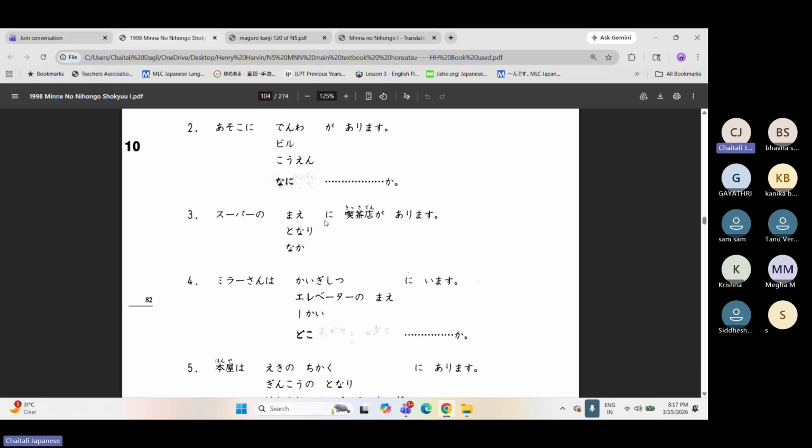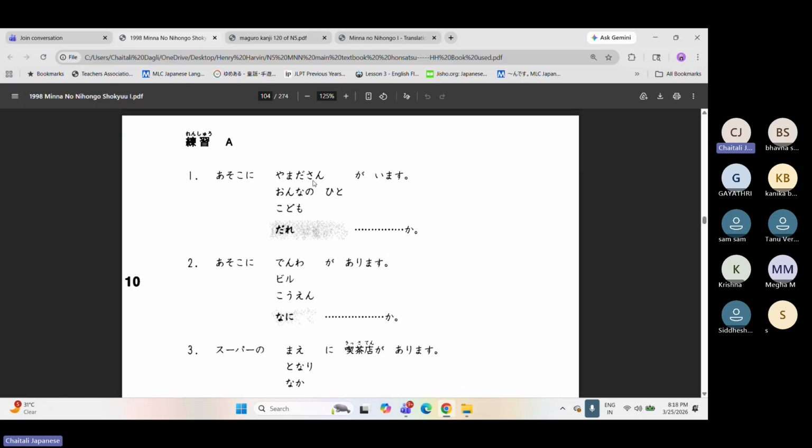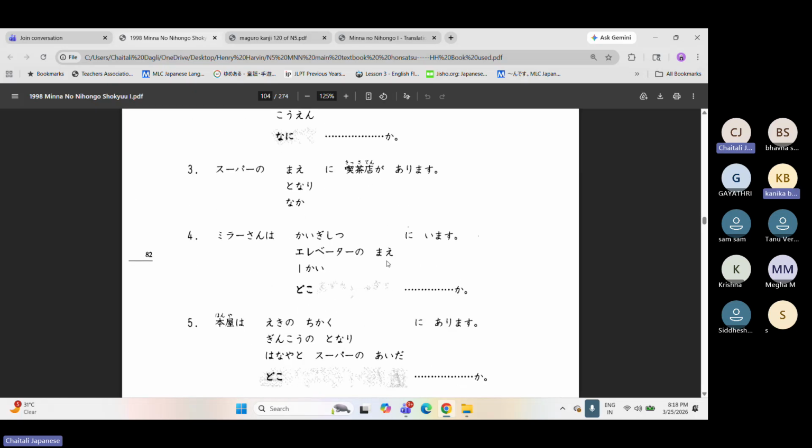Supa no mae ni kissaten ga arimasu. In front of the supermarket, there is a coffee shop. Is a coffee shop a living being or non-living being? Non-living being. So ga arimasu. Okay. But for living beings, we are not going to use particle ga. We are going to use the particle ni standalone. Here we have used imasu, correct? Ga imasu for living beings. Correct. But when you are talking about a